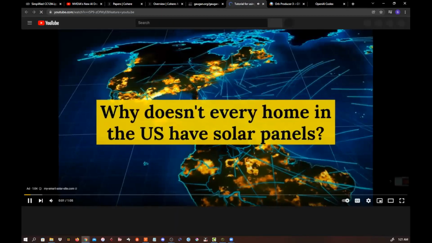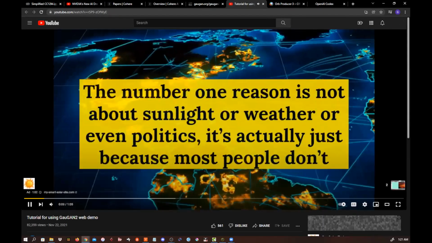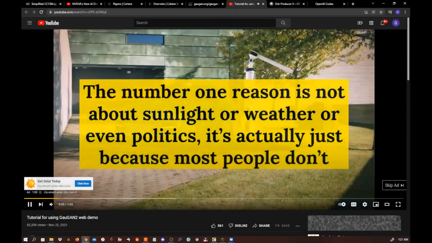Why doesn't every home in the U.S. have solar panels? The number one reason is not about sunlight or weather or even